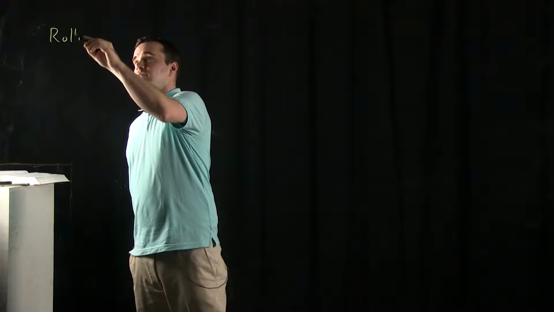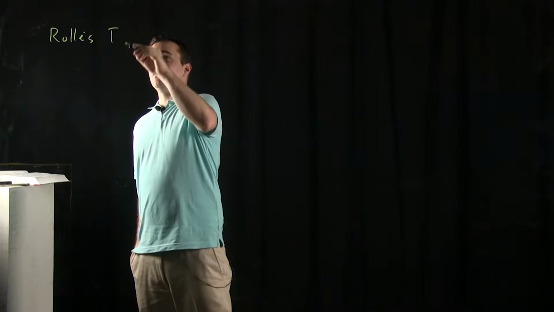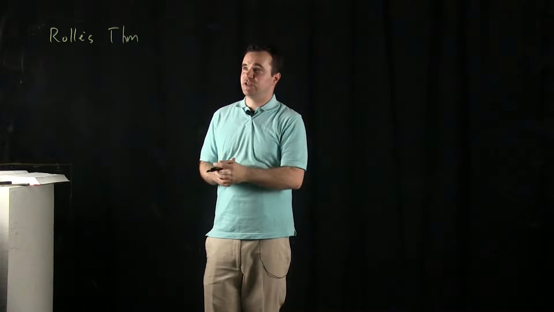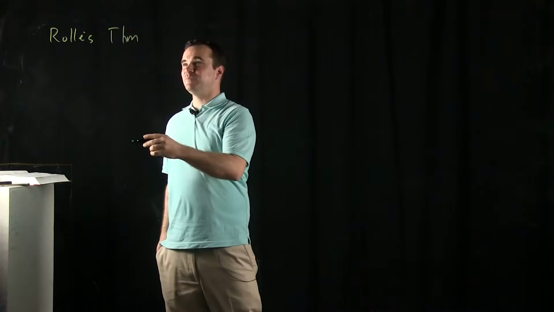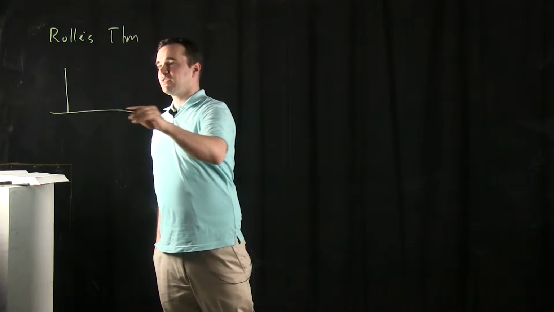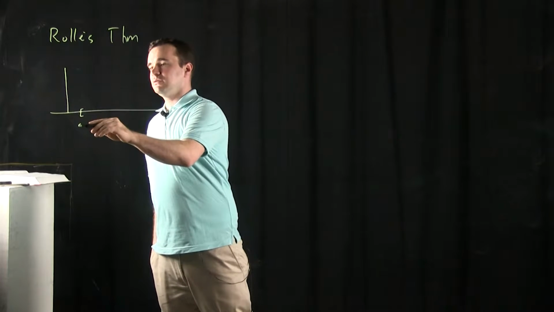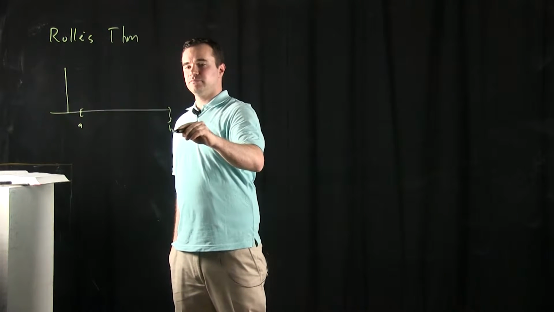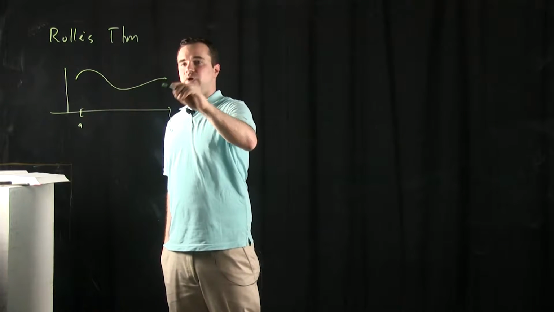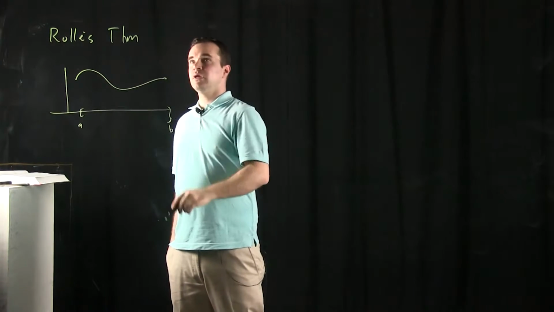So what this theorem says, I don't know much about Rolle, other than that he proved this theorem, and I see his name in calculus books during this section. But what this theorem says is that, say you've got a closed interval, and say you've got a function defined on that closed interval, y equals f of x,